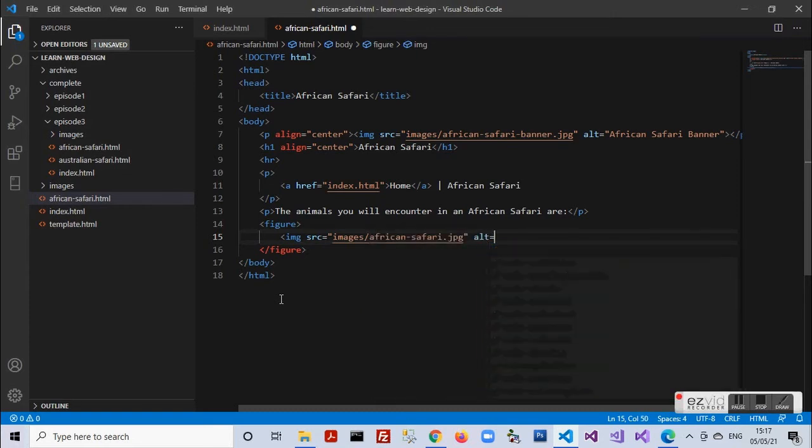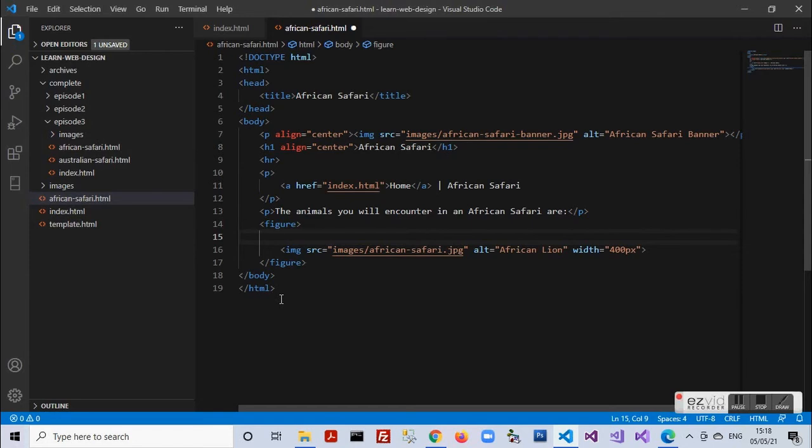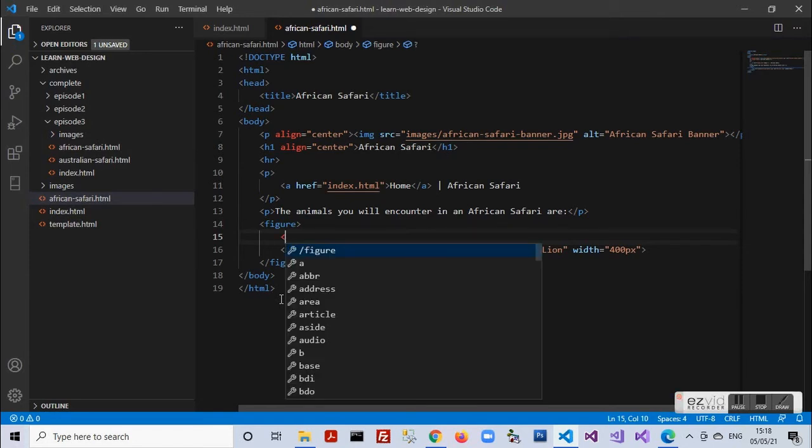I give it an alt attribute of African lion, and give it a width of 400 pixels, and give it a title of lion, right? So the title is given within the figure block with another tag called figcaption.